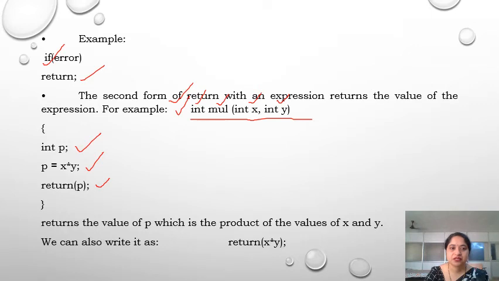So int p = x * y; return p. This p should match the type int, that is the type of value that is going to be returned. It returns the value of p, which is the product of the values x and y. We can also write it as return x * y instead of taking these three instructions. We can complete this task with only one instruction.